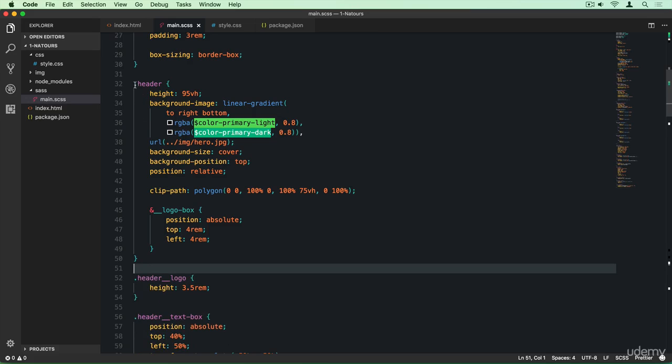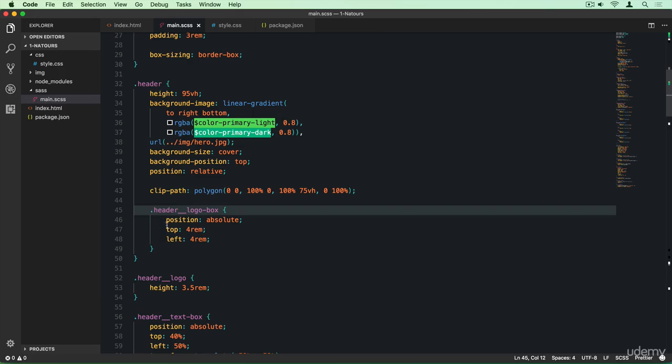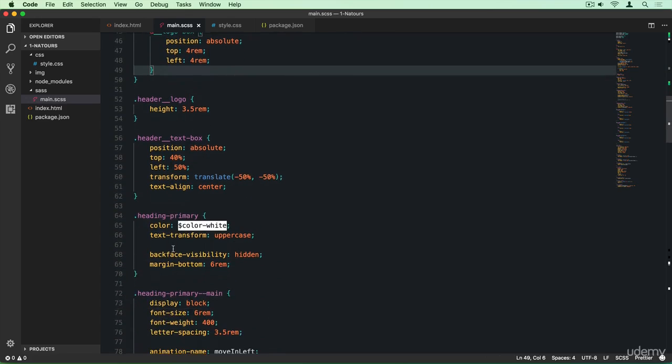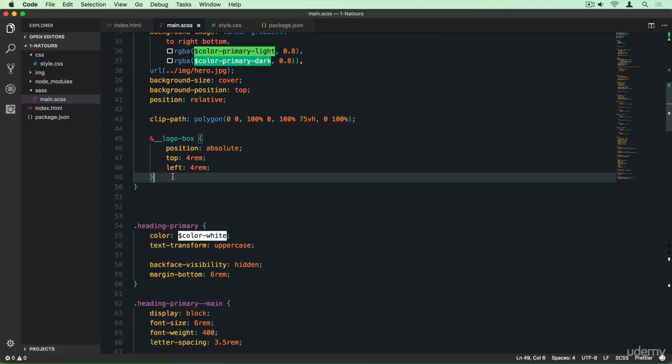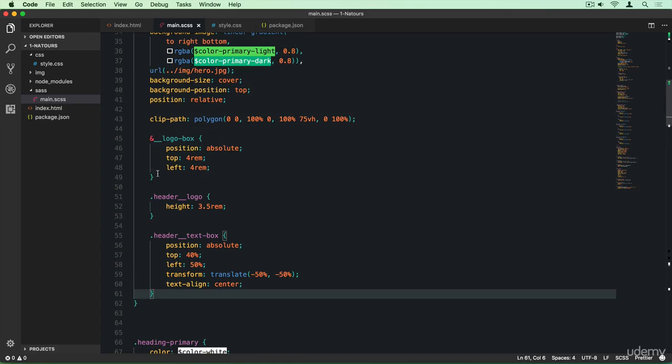Because again, this header here, it's like it's copied here. So imagine that we copy it, and then we paste it here, and so it looks exactly the way we had before. Right? And so instead of having to write header all the time in each single element that we want to select, we can just use nesting like this. So let's put these all together here, all of these which have to do with the header. So it's all of these. And then we can just replace the header